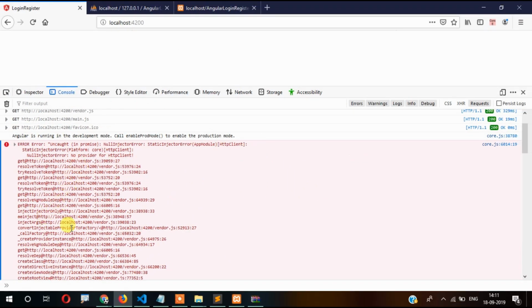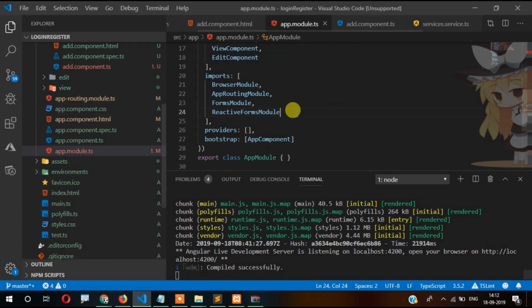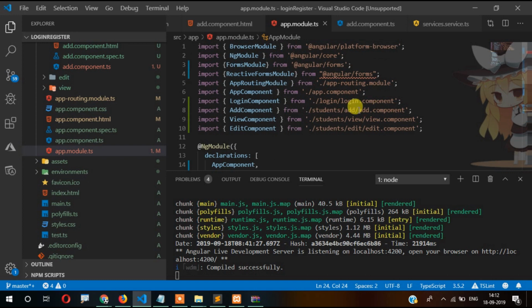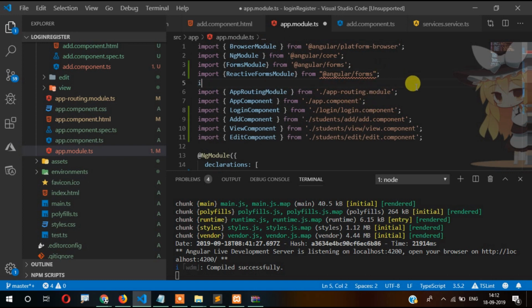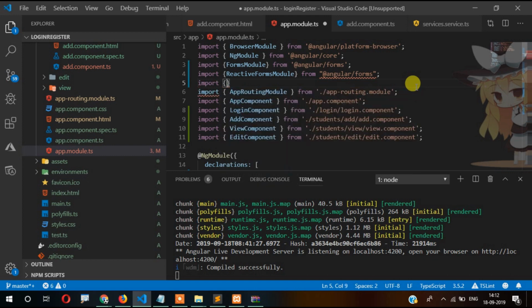So let's go to app module, here you need to include HTTP client module. So import HTTP client module